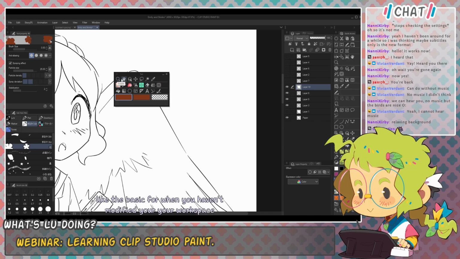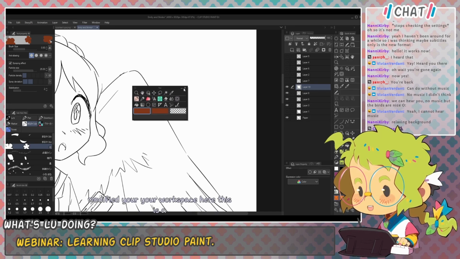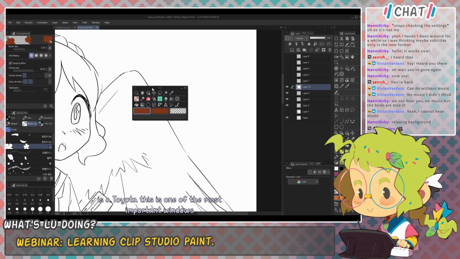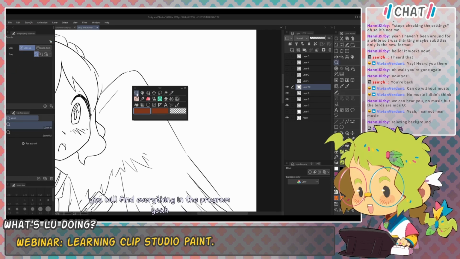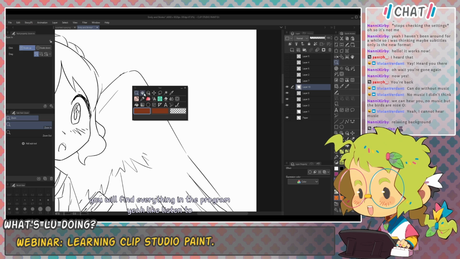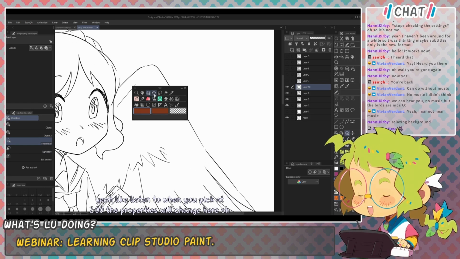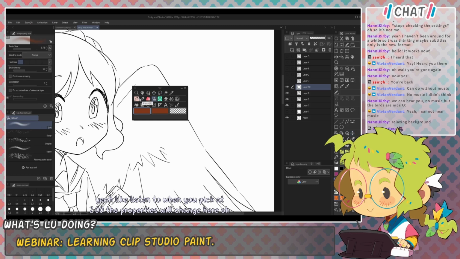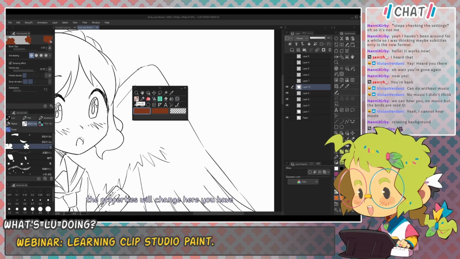modified your workspace. Here, this is the tool window. This is one of the most important windows. Here is where you will find every tool in the program. Like the zoom tool. When you pick a tool, the properties will change here. Oh, this is one of my favorite tools. I forgot about it. Well, in this line you have all that is pens, airbrushes,